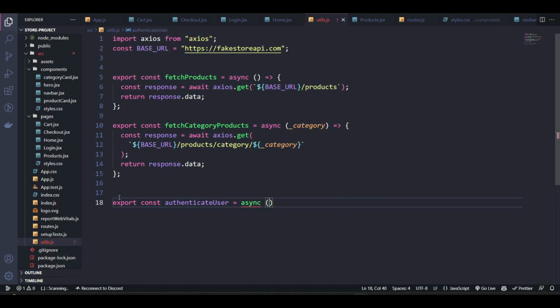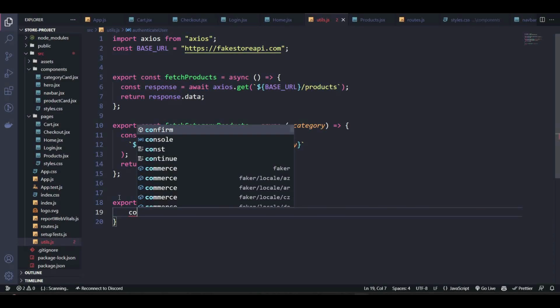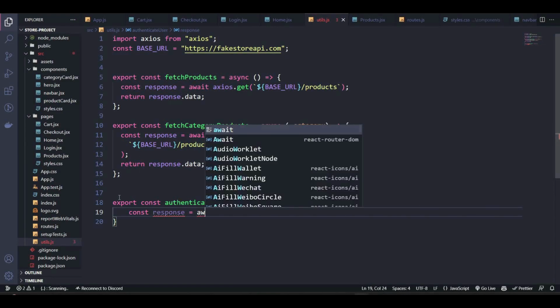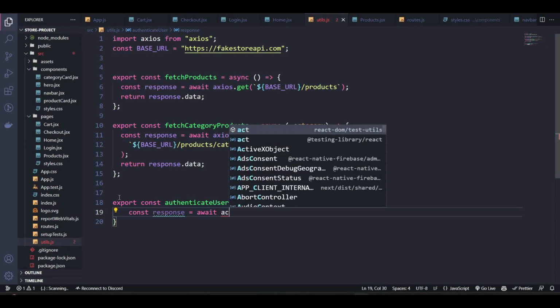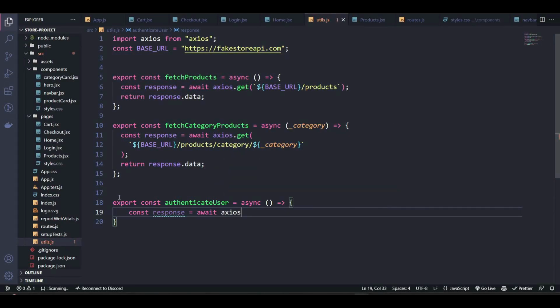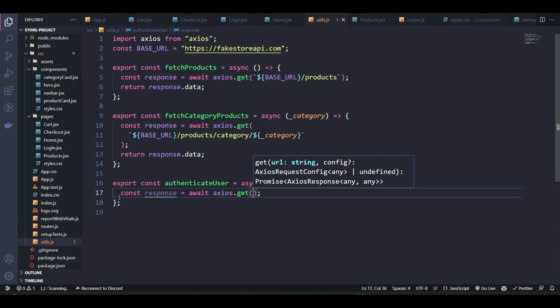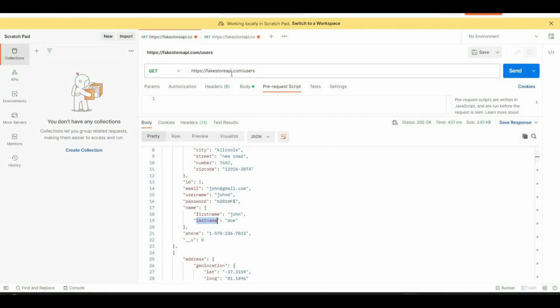async, and then const response is equal to await. Then we can call our axios, then we do axios.get, and then our login route. So what we want to do is, if you go back to our postman here, you can see we have this